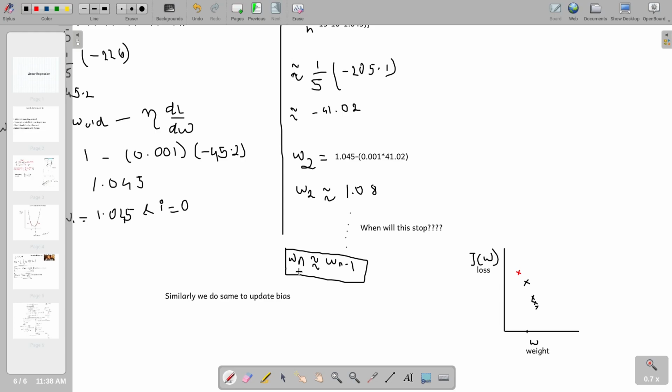Actually, what happens is my bias and weights get updated simultaneously, and if a function has two or more slopes, we call it a gradient. In this we had a slope for weights and a slope for bias, so hence this algorithm is called gradient descent. I hope I have made you understand this. Now let's hop into the coding part, and trust me guys, it's very easy.